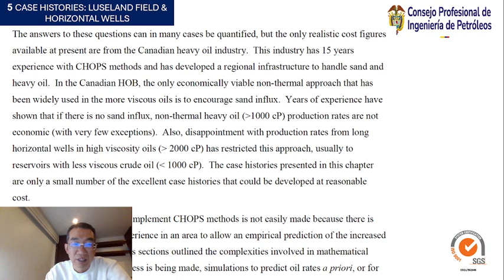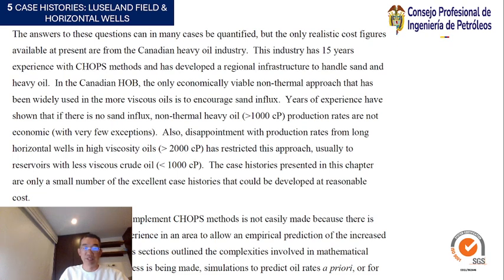In many cases, the decision to implement the CHOPS method is not easily made because there is insufficient information or experience in an area to allow an empirical prediction of the increase